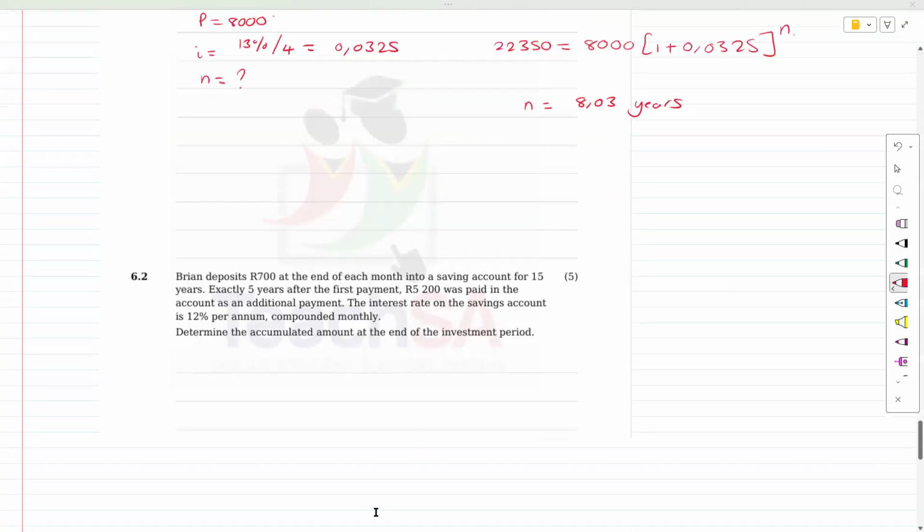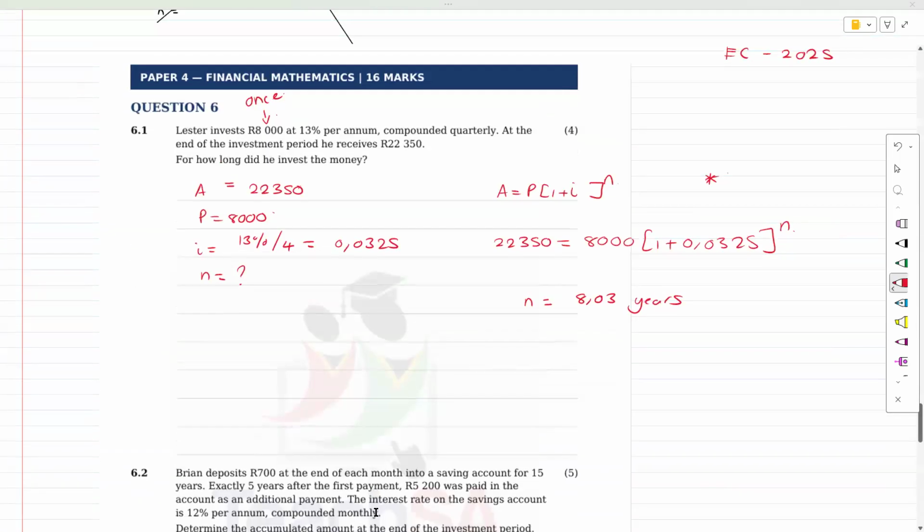Right. Brian deposits 700 at the end of each month into the savings account. Somebody just asked me, how do I know it's compound interest and not present value or future value? A lump sum is one payment where interest is building. He's not adding payments continuously, so you can just use future